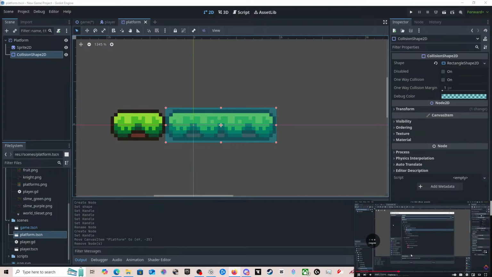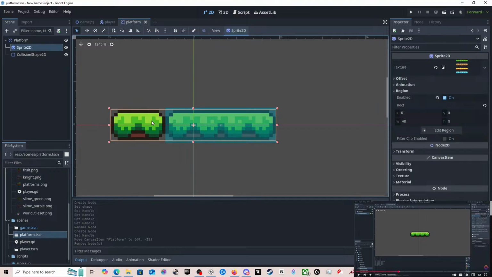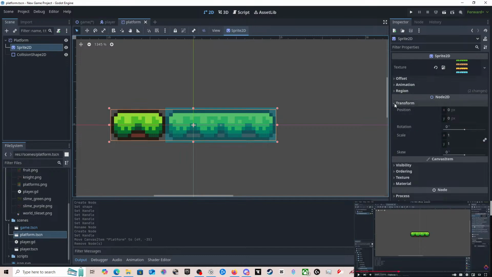Scenes out here to the shape 2D. Oh, he's only got one. He's only got one. Why have I got two? Hold on a sec. Can I press shift click and crop? Hold on. We must have crop on here. Transform. No, no, no. Visibility, no. Offset, no. Texture, no. It's not position, it's not scale. Visibility? No. Texture? No. Order, no.